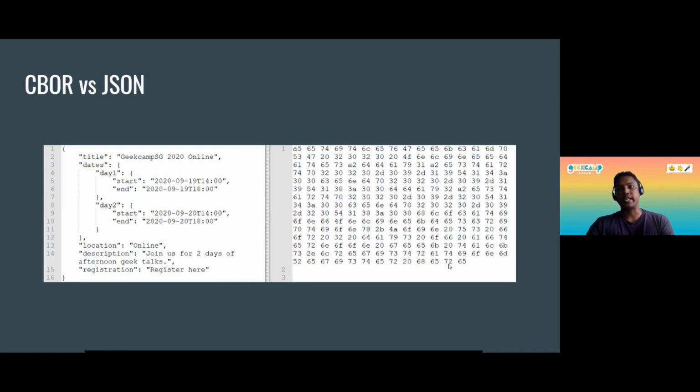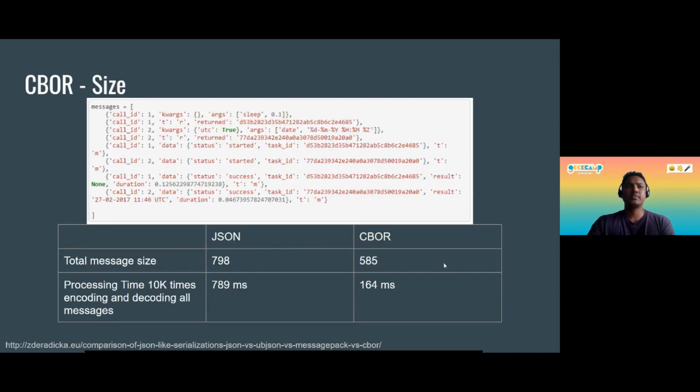If you have this encoded format, you really need to decode it, and since CBOR is a standard, there are particular tools already available to decode CBOR, and debug and diagnose the problem whenever you feel there are some problems. And I took this from a website.